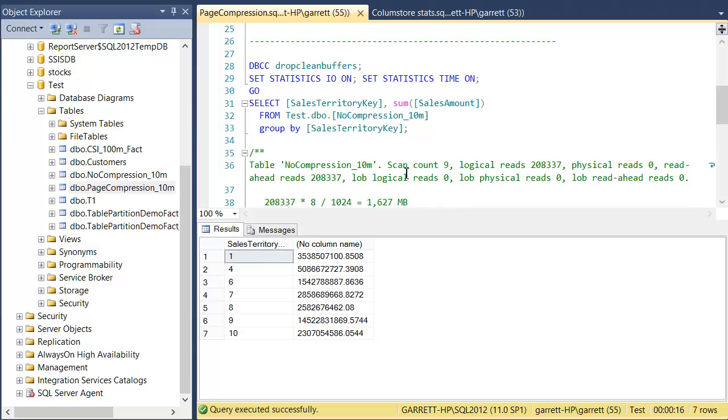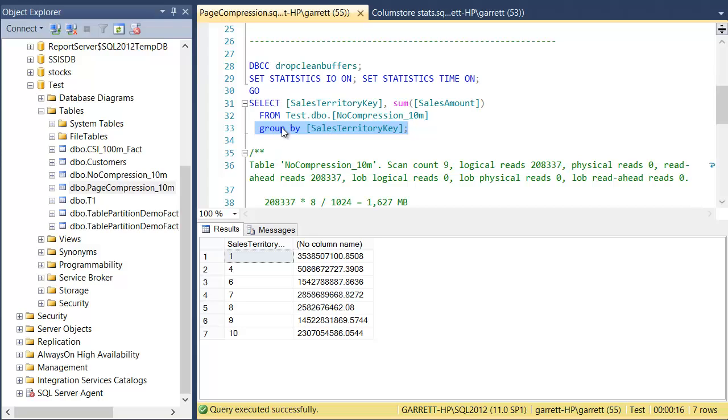But what I'm going to start with here is the non-compressed table. So this is a 10 million row fact table, has no compression, and has no indexes, and I'll get to why I did that to begin with. And I'm going to select from it using a very simple query. It's just going to select the sales territory and aggregate by sales amount, and I have a group by on here. Now this is, for demonstration purposes, a very simple query, but it still accurately represents a typical data warehouse